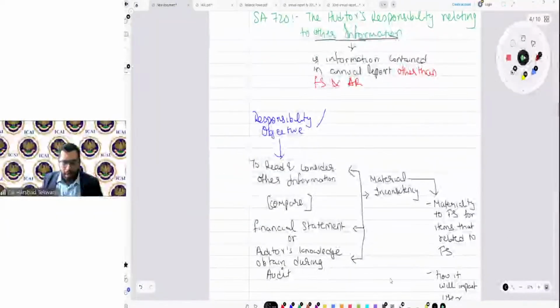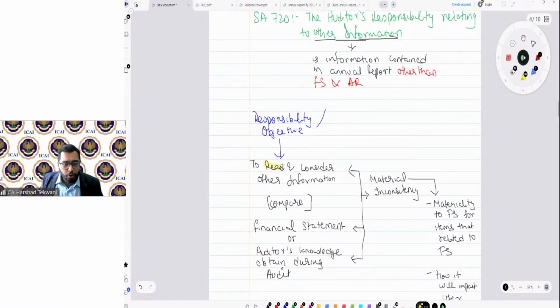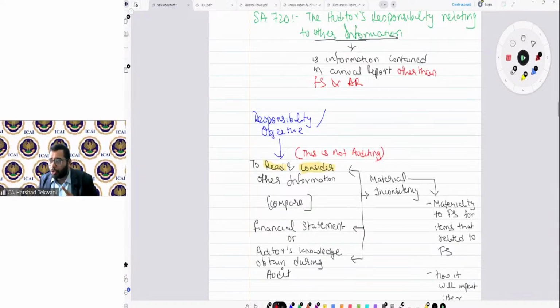Number one, I specifically wrote here to read and to consider other information. I'm not talking about auditing the other information. This is not auditing. I'm talking about reading the other information. Again, you need to read, not to audit. So it's not like we need to perform detailed audit procedures to understand other information. We need to read and consider the other information